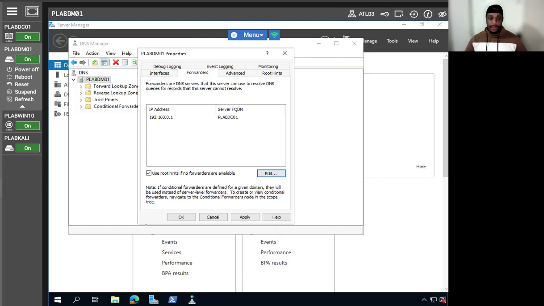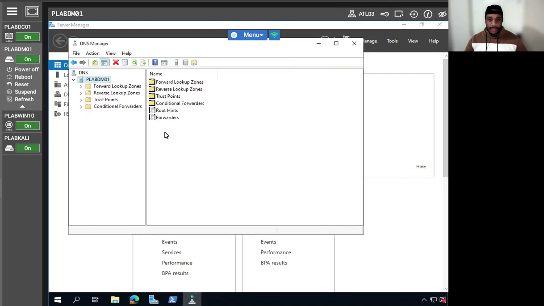All right, so this just sets up the .1 as the DC server as a forwarder server, right? It'll make sense in a moment. But DNS will attempt to resolve this to its host name, DC01, right? And it usually takes just a few moments for that to happen. I don't need to wait for it. I just wanted to point that out. But nonetheless, now that we're back in the DNS manager, I'm actually going to keep that open